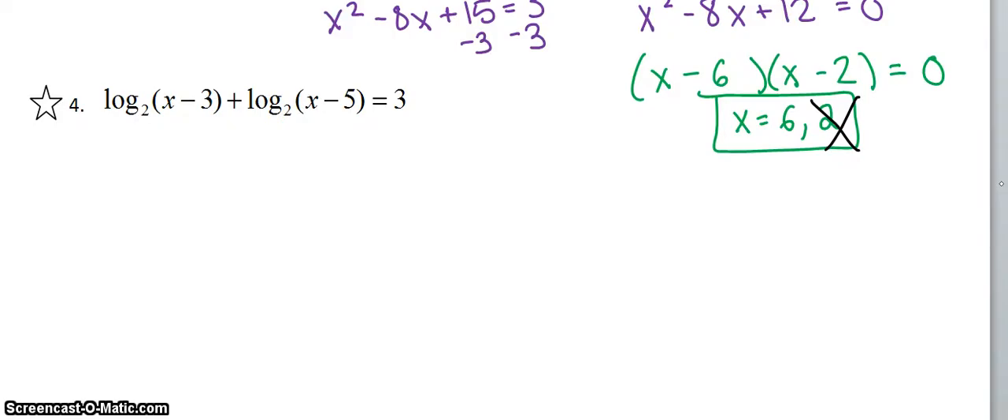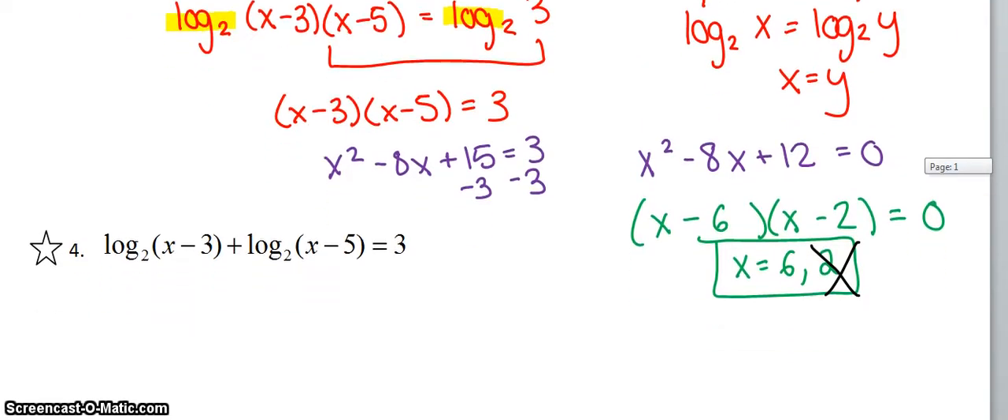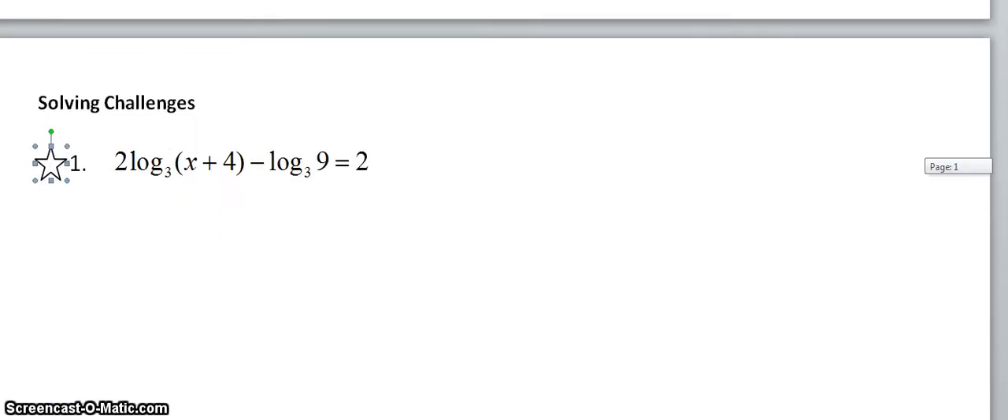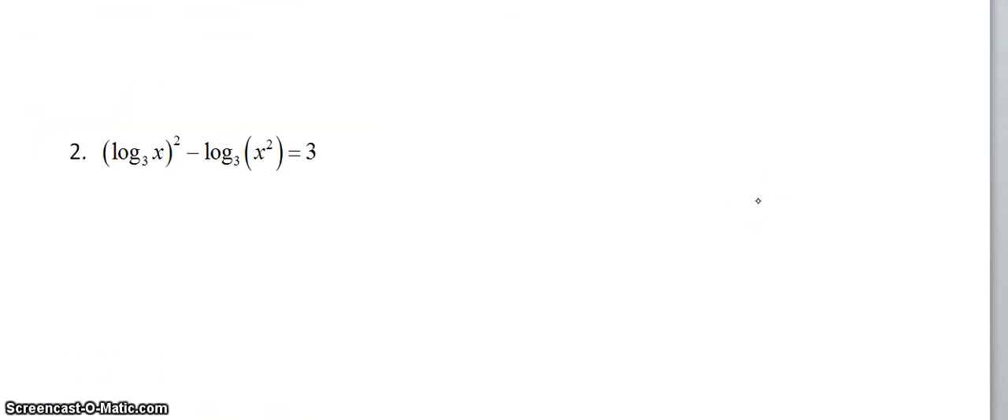Number 4, I'm going to leave you to do on your own, but I will say, unlike the previous problem, you may have to rewrite this one in exponential form. That's my hint. I'm also going to leave number 1 for you, and I'm going to do this log challenge